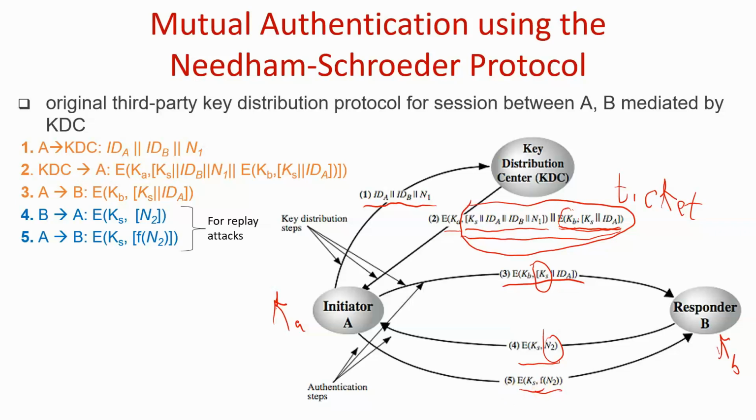So now B authenticates A. Now B knows that A must have had KS, because if it didn't have KS, then it wouldn't be able to decrypt the nonce in step 4, obtain the nonce, and generate the response in step 5. In order for A to do that, it must have received KS from a step before, and according to the protocol, this is only possible if the symmetric key is sent to A in step 2, encrypted with KA, so it must have been A, the one that has actually received this symmetric key. So the protocol allows everyone to authenticate everyone else, and after that, they can actually start communicating with each other